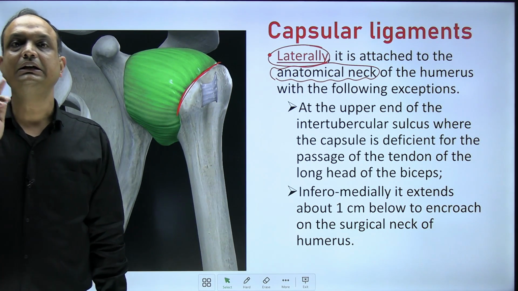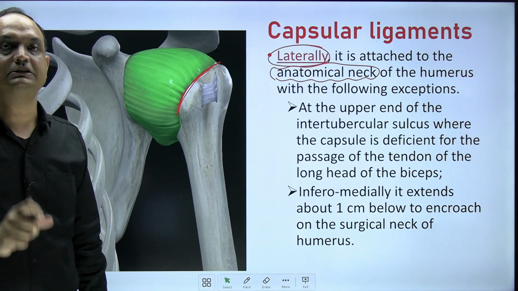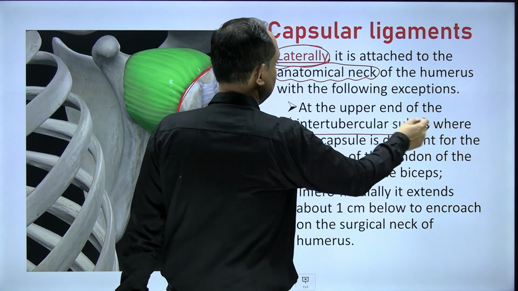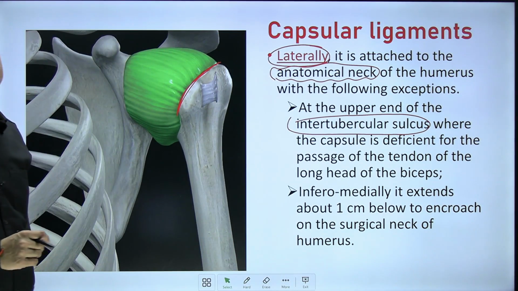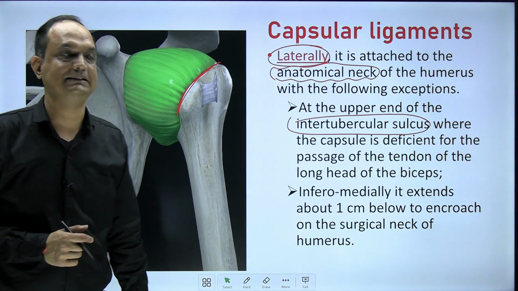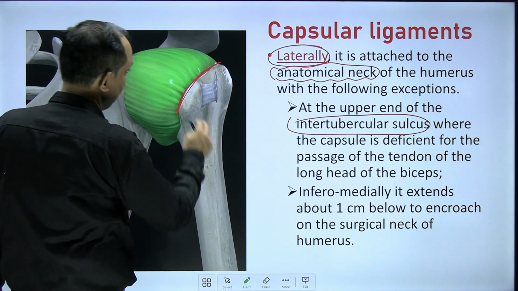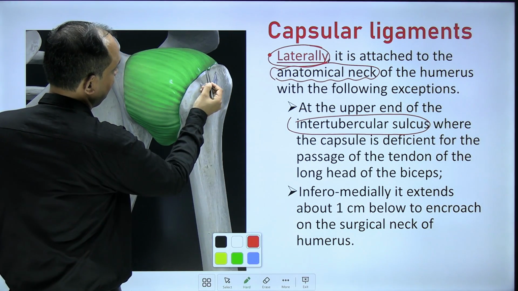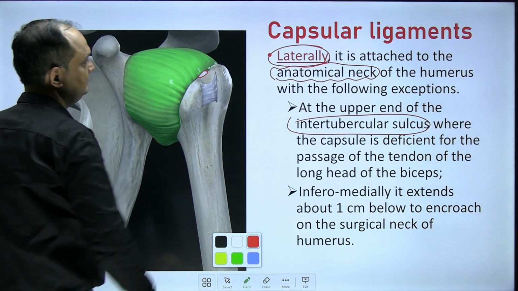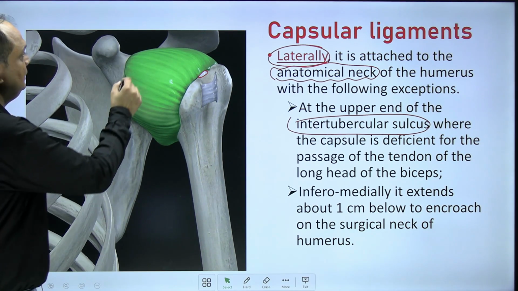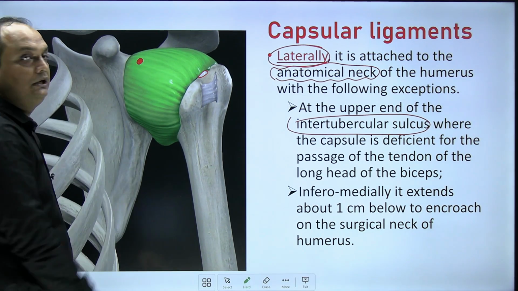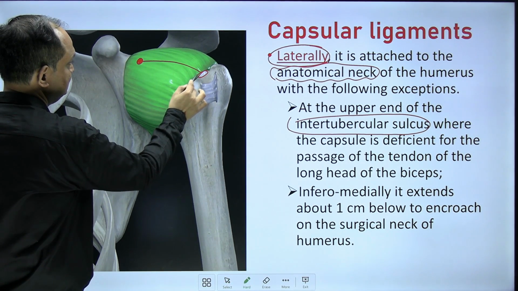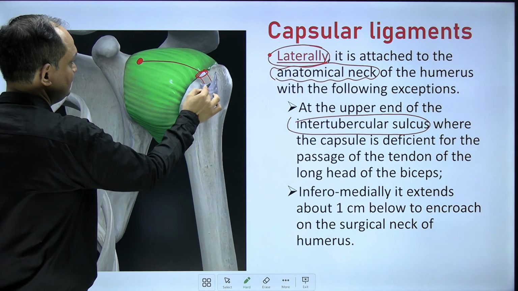But there are two areas where the capsule is not properly attached. One is near the upper end of the intertubercular sulcus, where you will have a deficiency for the exit of the long head of biceps. When you see this capsule very carefully, you will find a gap, and in this gap there is an exit of the long head of biceps. Because the long head arises from the supraglenoid tubercle of the scapula inside the capsule, and this long head will exit through this deficiency in the capsule,